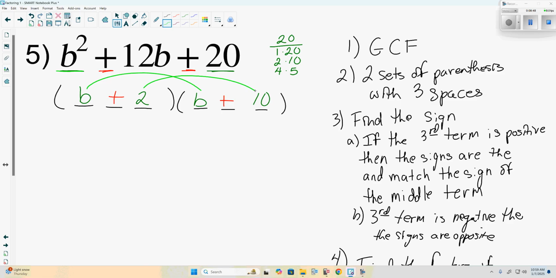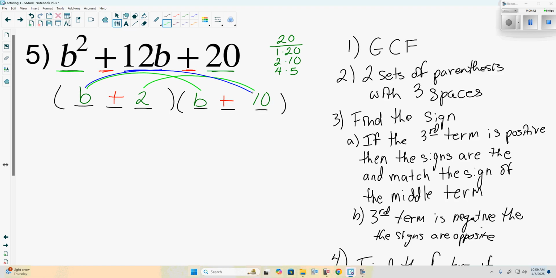The other one I don't normally check is the 2 times 10, our last ones. Because 2 times 10 is 20. Well, where did we get the 2 and 10 from? The factors of 20. They will get back to the first and third term. The main term that we're focused on is this middle term. And where we get the middle term from